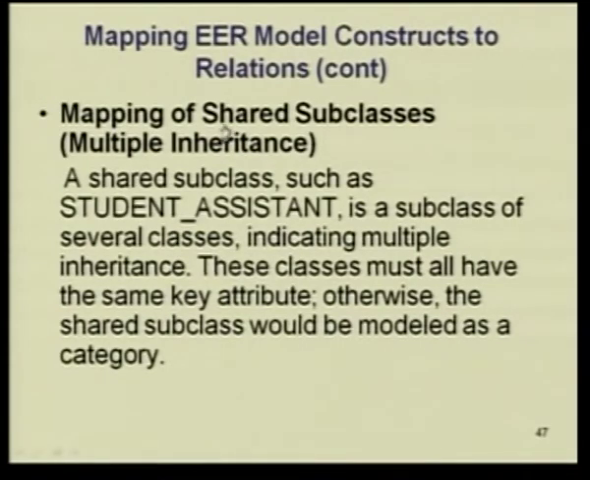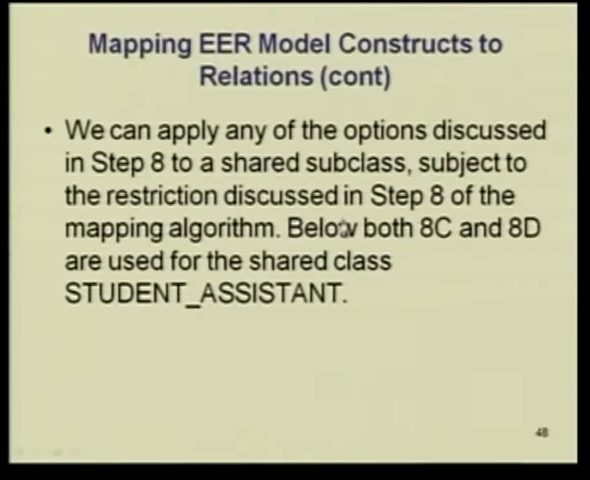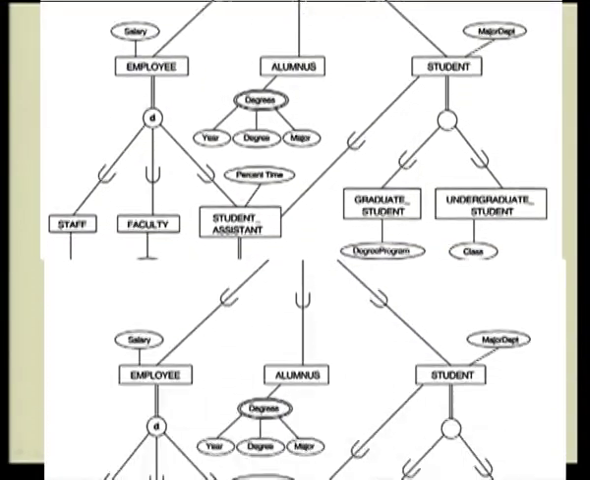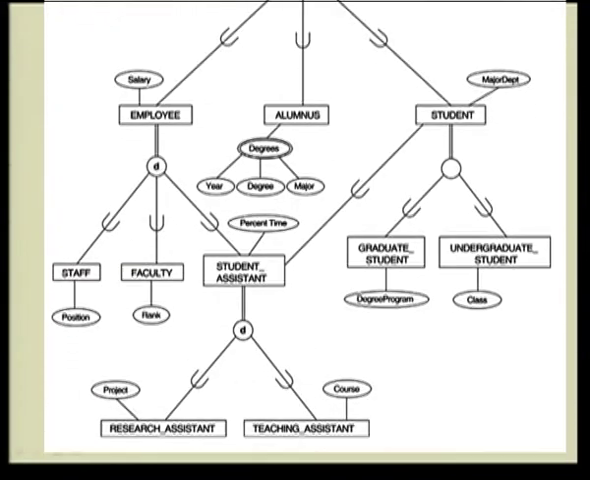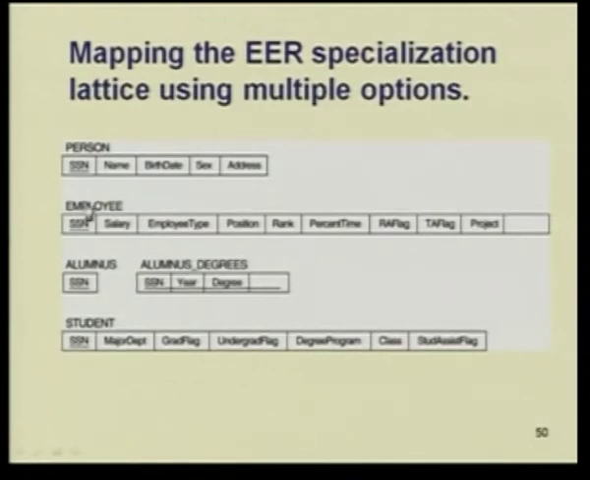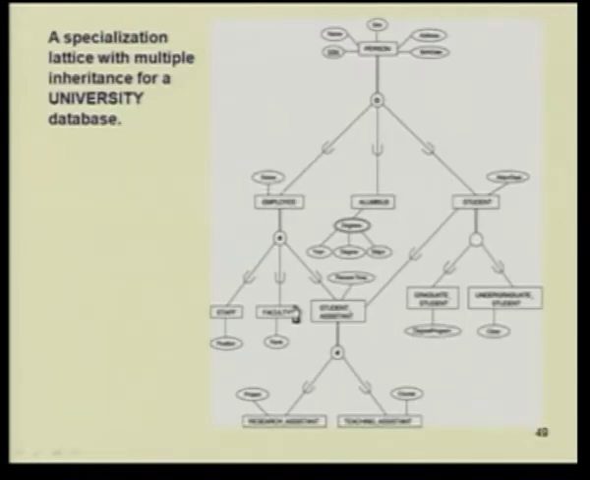Now, mapping of shared subclasses where you have multiple inheritance. A shared subclass such as student assistant is a subclass of several classes, indicating multiple inheritance. These classes must all have the same key attribute, otherwise the shared subclass would be modeled as a category. So, we can apply any of the options subject to the restriction discussed, 8C or 8D, you can use any of the options. This is a university database again, where student assistant is inheriting from employee and student. So, here you have student, this is corresponding to these,